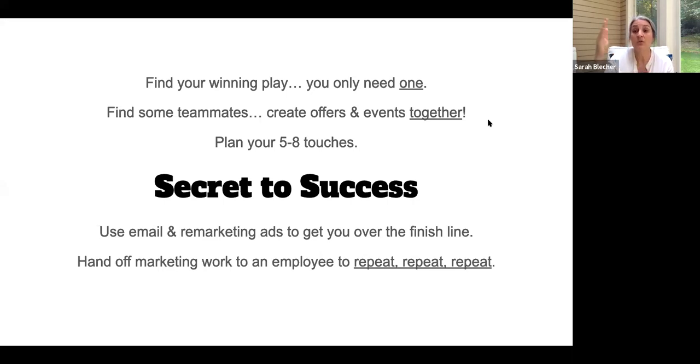And for anything I do going forward, do I have a plan to get back in front of them more times in order to get to a place where they can actually feel comfortable enough to convert? Always use email and remarketing ads to get over the finish line. So if there was one thing to learn, I would say email, getting comfortable with your email system, and comfortable with doing basic ads that are targeted at people who've been to your website before are 2 critical skills for